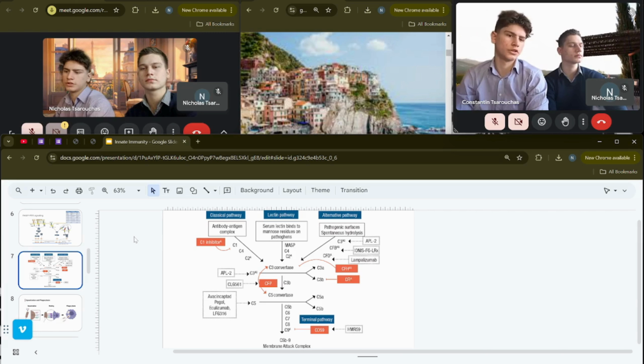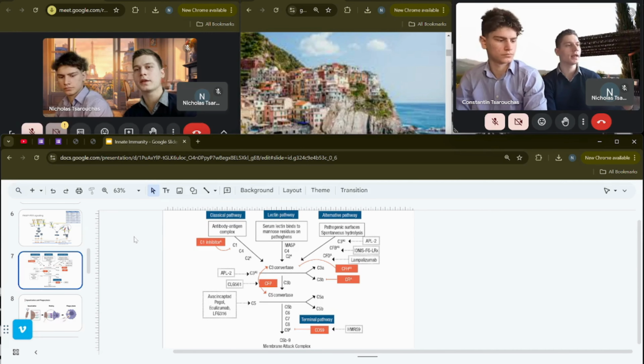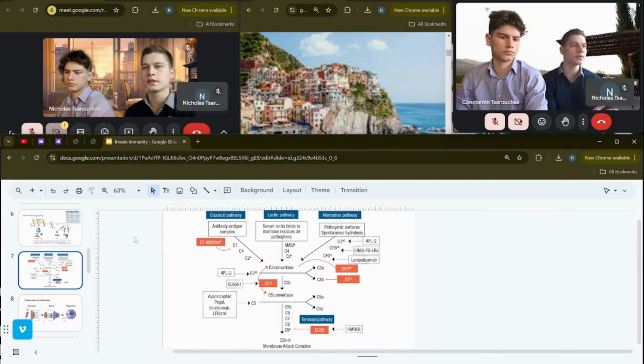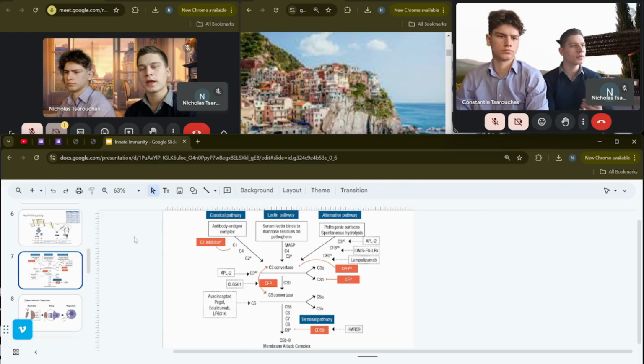Let's explore the classical pathway. The classical pathway is this bridge between the adaptive and the innate immune system. If you're using antibodies against a certain pathogen, then that is what really activates the classical pathway. This is how you're able to use your innate immune system to really clear out pathogenic infections. So antibodies are able to bind the pathogen surface. Also, you have C1